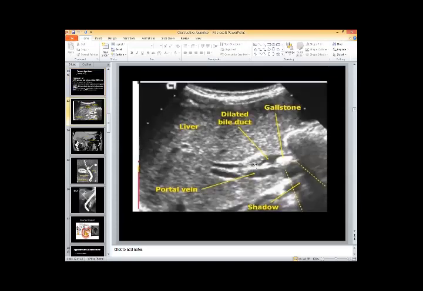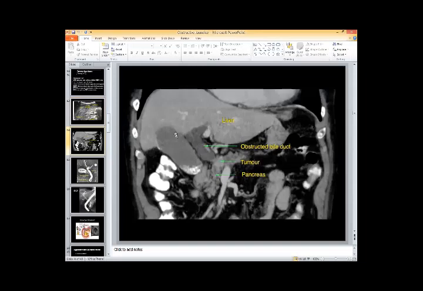This is an ultrasound picture, and if you see, this is bile duct, this is liver, all is liver. This is bile duct, and this is portal vein at the back, and this white shadow is a stone, and this is a dilated common bile duct. Similarly, this is a CT scan. If you see, this is liver, this is gallbladder, a big gallbladder. But you see parallel to the gallbladder, a very dilated common bile duct. And the cause of this dilated common bile duct is this tumor in the head of the pancreas, causing obstructive jaundice because of this cancer.